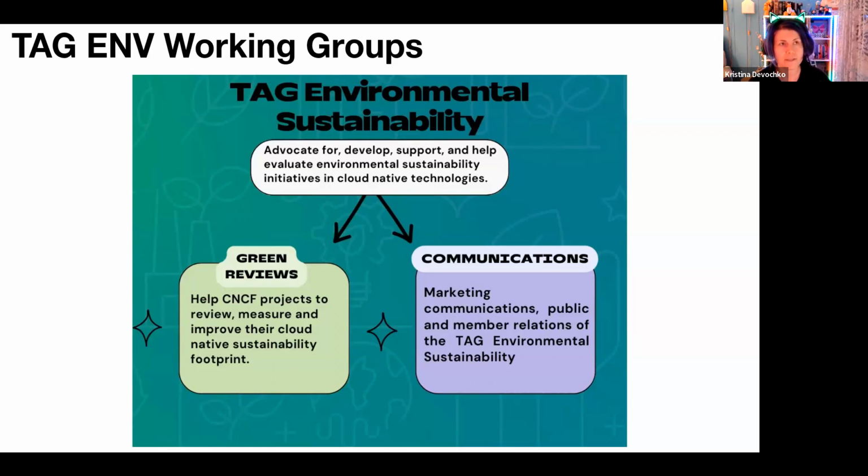And this working group is mainly focused on the communication on behalf of the TAG. So there are many different activities that this working group will be working with. For example, managing the content that we are sharing on the different social media accounts on behalf of the TAG. Also ensuring that the communication with the TAG contributors and new joiners is flowing smoothly and improving according to the feedback we are receiving.